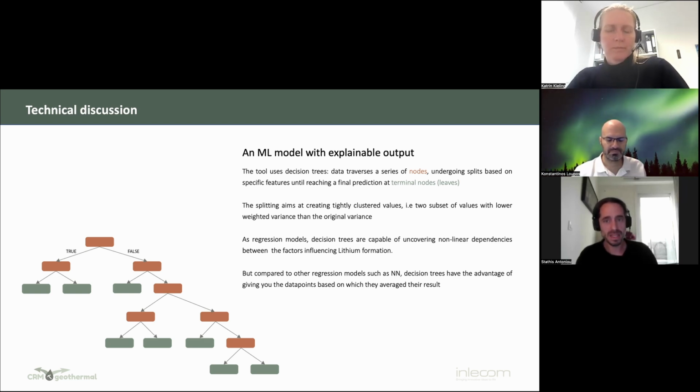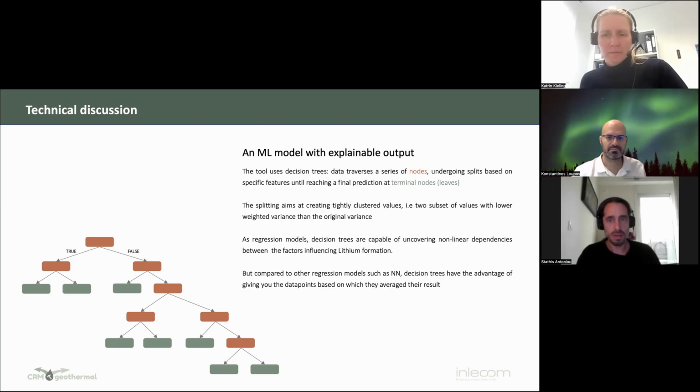And this splitting actually creates clusters of values, and it basically works like all regression models or models that predict values, but the decision tree has this additional capability of telling you what their prediction is based on. And you saw that in the tool also.